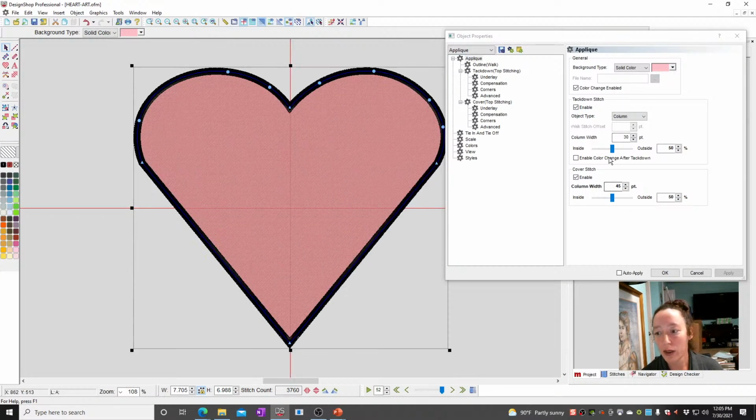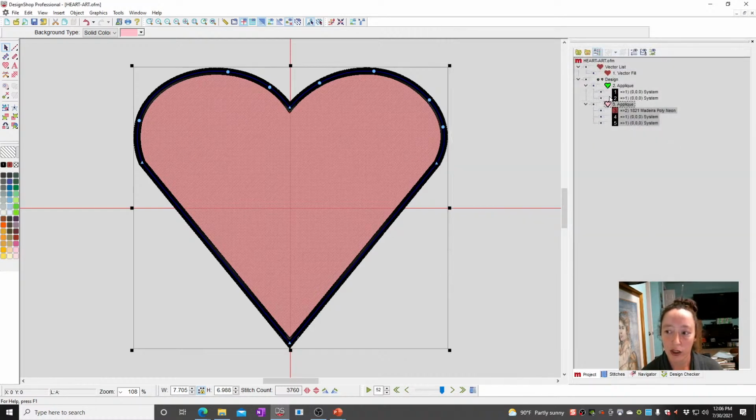Okay, so the only other thing is it's going to do a running stitch as a placement, and then you can have an applique, you can lay your fabric down, and then it will run the rest. If you want a color change after the zigzag stitch, you can turn that on here, and now you'll have 3 color changes. You'll have your running stitch, your zigzag, and then your cover stitch, which is the top, what